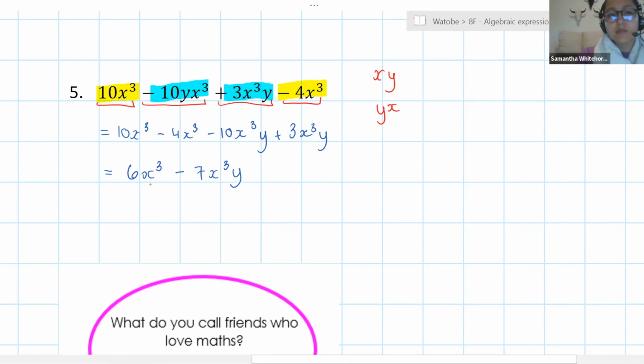Remember, none of the exponents are changing. It is just the coefficient or the number in front of those variables that changes. Do we agree